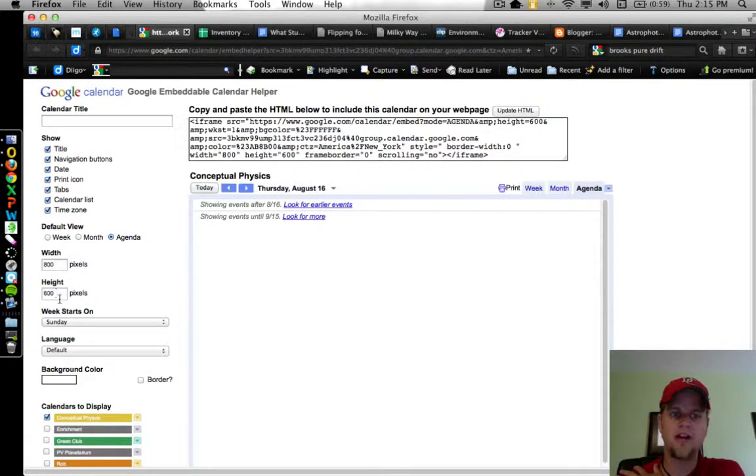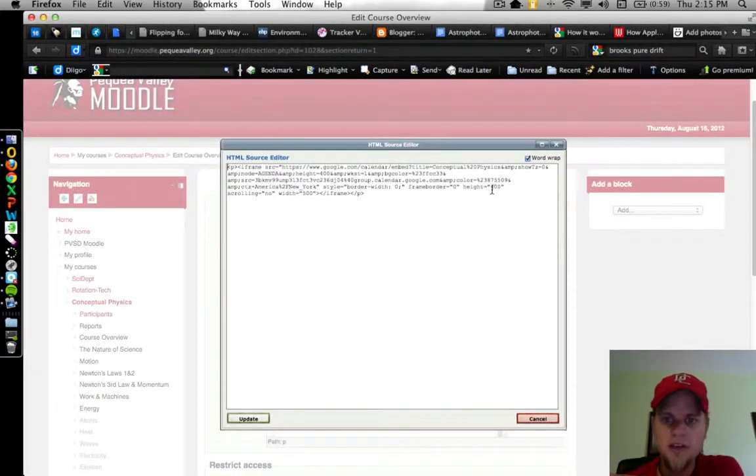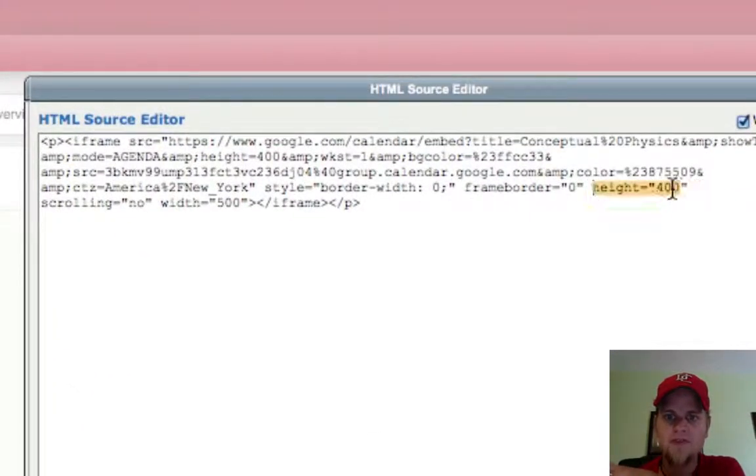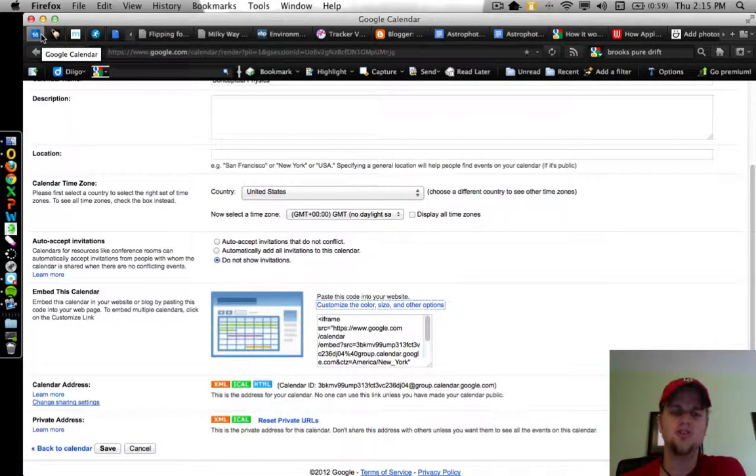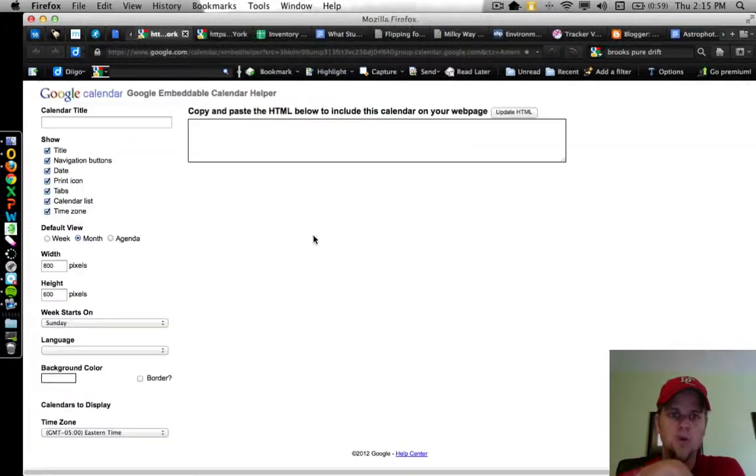The width and the height. Now I'll tell you that at least the way that my Moodle is set up, the height I have as 400 and the width I have as 500. That just works for me and my resolution. It'll probably be different on everybody else's computer, but that's just a suggestion. Use whatever works best for you, and the kids will adapt to that. But anyway, so once you've